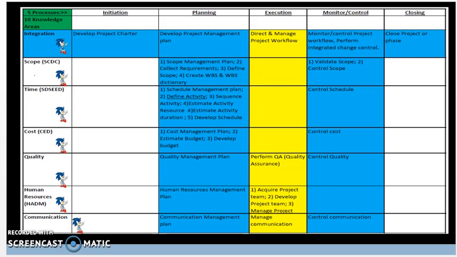So for top-down, we have analogous estimating, which is basically estimating based on projects with similar size, weight, and complexity. Next, we have rough order of magnitude, which is done early on in the project when the scope is not clearly defined yet. And we have negative 50 to plus 50% or negative 25% to plus 75% as an estimation